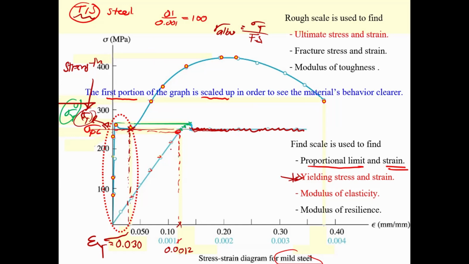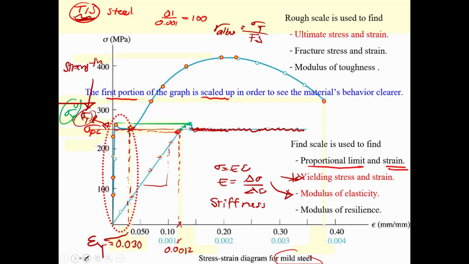Then during the linear elastic portion, there is the slope over here. Over here, sigma equals E epsilon. Then the modulus of elasticity is taken as the slope of the linear portion. That's going to be the modulus of elasticity and it represents the stiffness of the material. Again, this is the second variable for the TIS in order to check the standard and specification of your material.